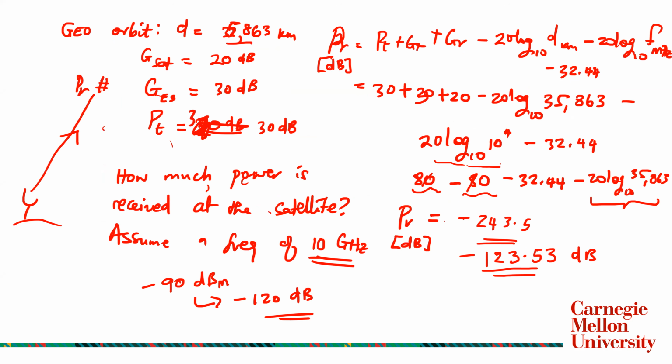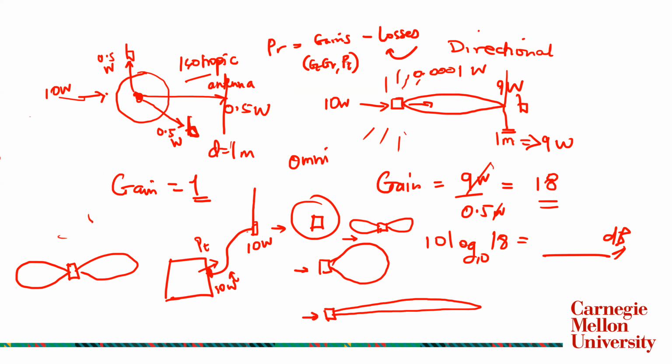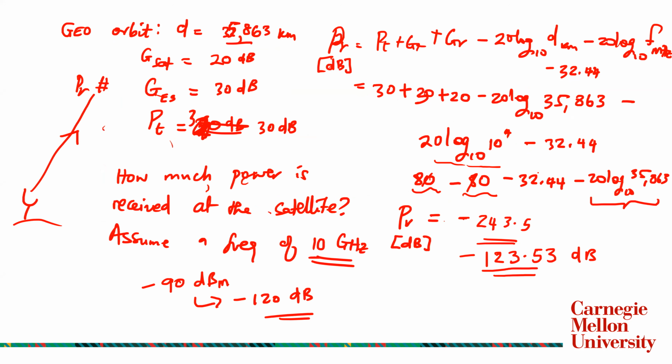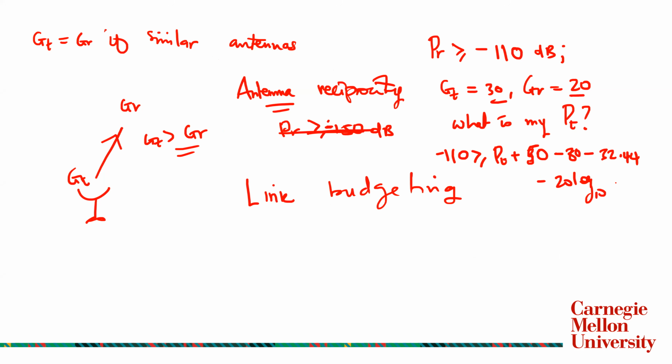And then we subtract 80, minus 32.44, minus 20 log 10 of 35,863, which means that actually my PT